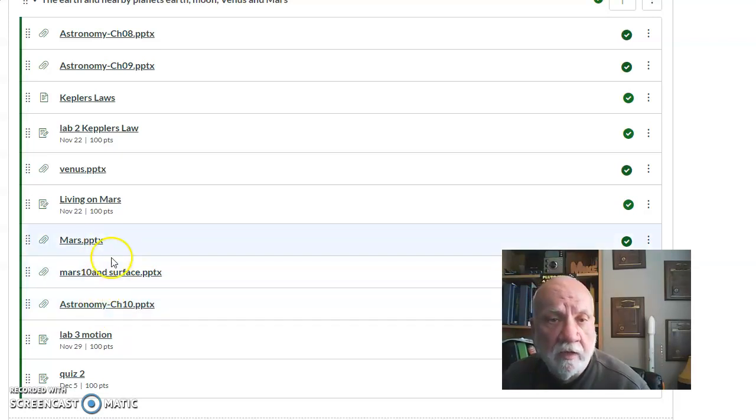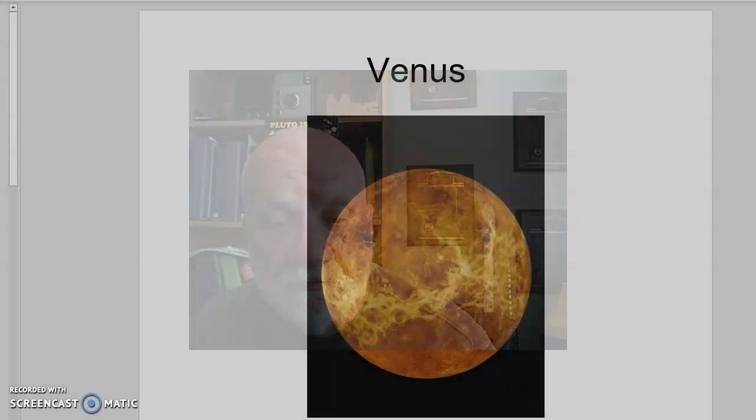But before I do that, we're going to talk about Venus. Now, for me to do what I want to do, I want to stop the recording here just for a second, change the background, and we'll come right back. Okay, everybody, I'm back, and I changed the background. What I'm going to do now is probably just take my picture off. You'll see just some slides of Venus for the balance of the recording, but I will still be there talking to you.